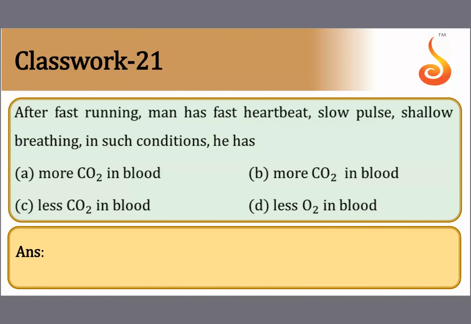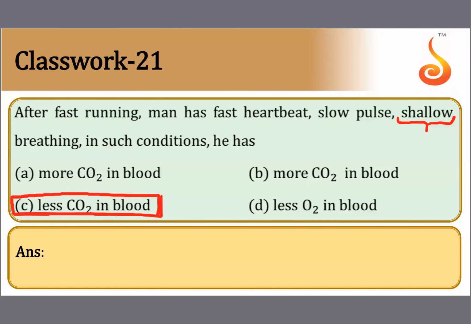First of all, you need to know here, why is his breathing not deep? Why is his breathing shallow? I had told you in the respiratory rhythm center, most of the components of your respiratory rhythm center are sensitive to, can you tell me, are they sensitive to oxygen or sensitive to carbon dioxide and H plus ions? Chemosensory area, peripheral chemoreceptors, yes, they're sensitive to carbon dioxide. Here the person is made to breathe, his nervous system is telling him to breathe slowly. Shallow breathing, probably because there is less carbon dioxide in his blood.